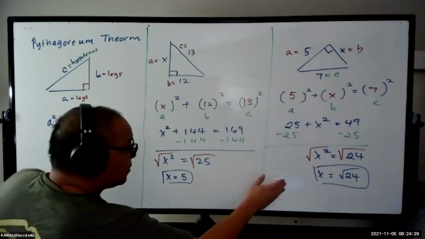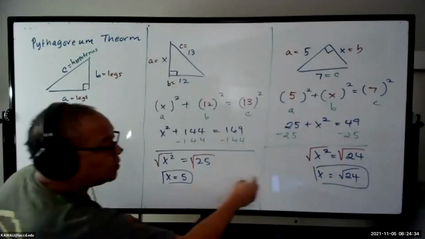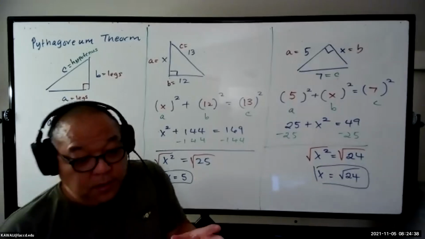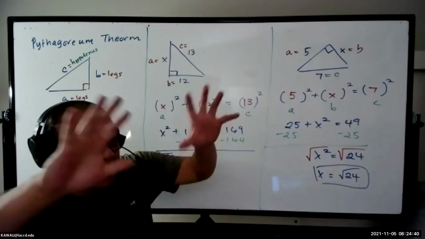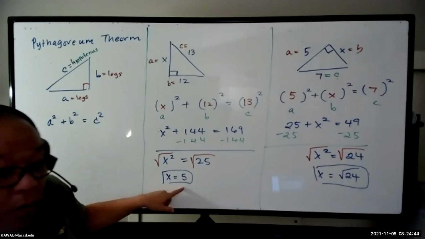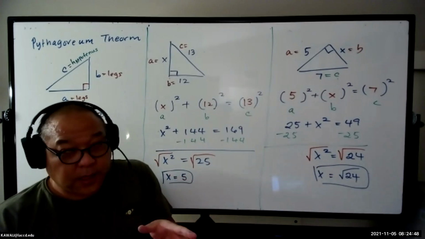If we look at the types of answers, we get radicals or we get whole numbers. Those are the two types of questions we have. Now, when they use a Pythagorean theorem in the middle of a larger problem, they'll most likely want to have a whole number as an answer. Now, there are only three